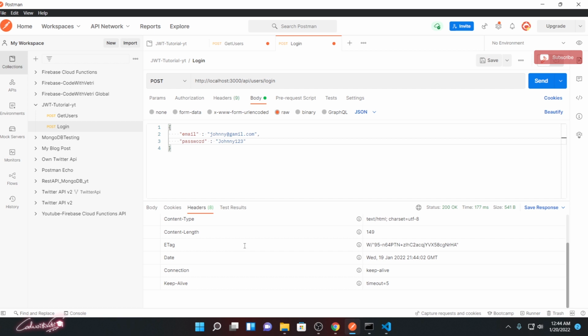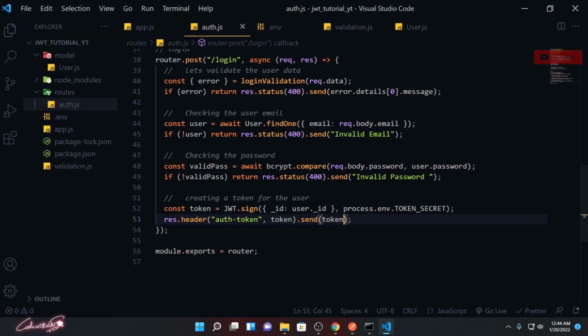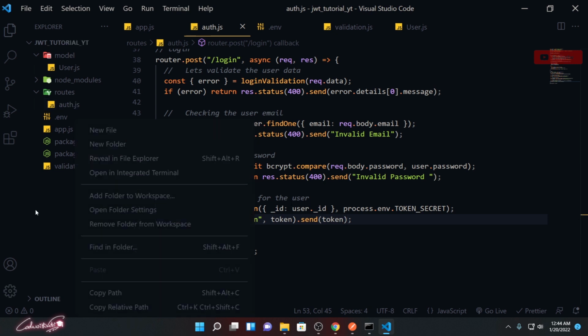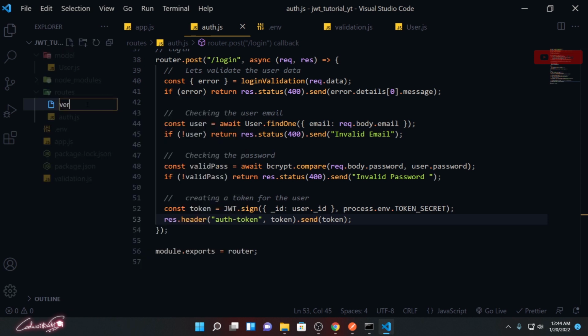If I go to the header, you can see that auth token, and we have that authentication token over here. So now we have this authentication token in the header, and we have that token value. Whenever I need authentication to verify that particular token, I'll pull that information from the header. So now I'm going to create a new file to verify that token. I can create that inside the routes itself. So verify